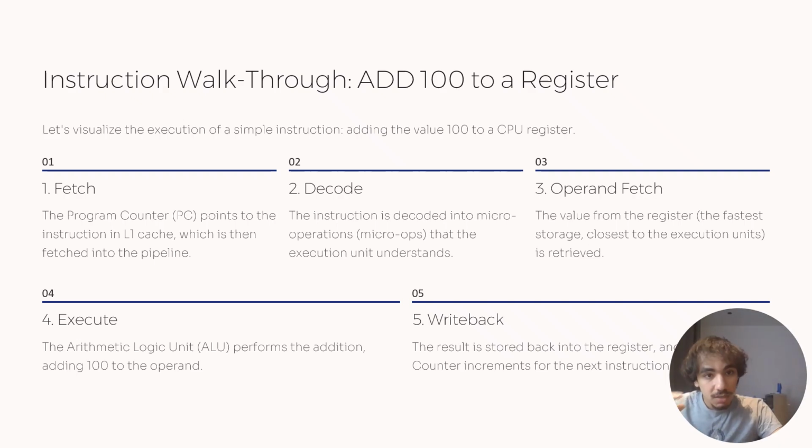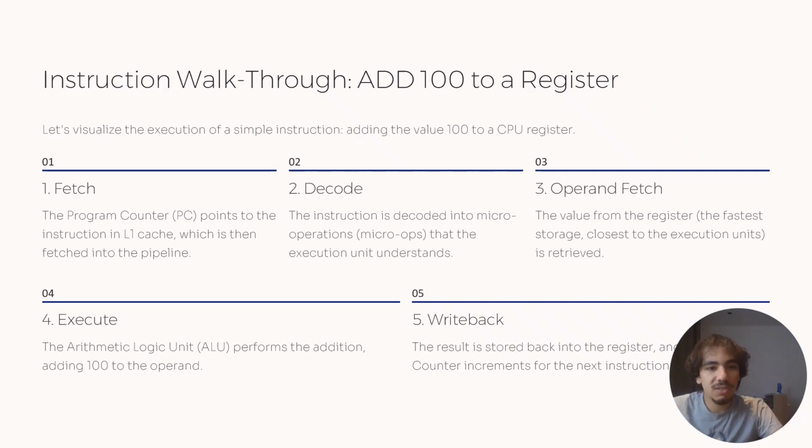At this stage, the decoder generates the micro operation that tells the rest of the CPU which register to read from and how to supply the constant 100 into the arithmetic logic unit, which is the ALU. Then we reach the operand fetch, which is the second step. If the operand is already in a register inside the register file, the CPU simply reads it directly. This is the best case,